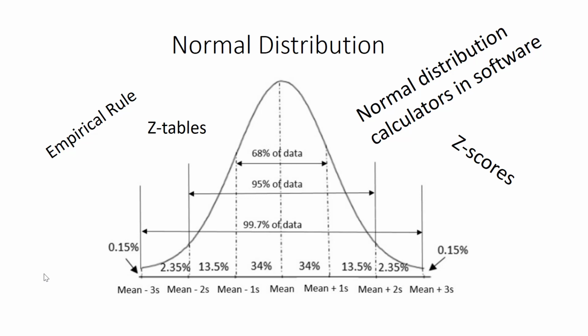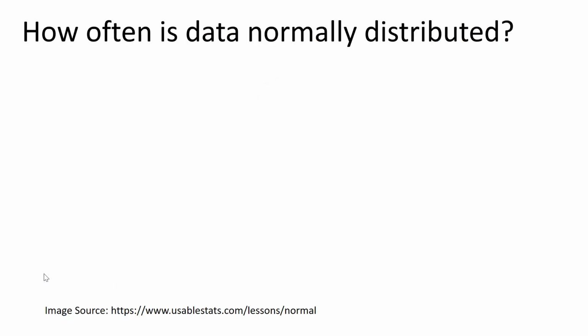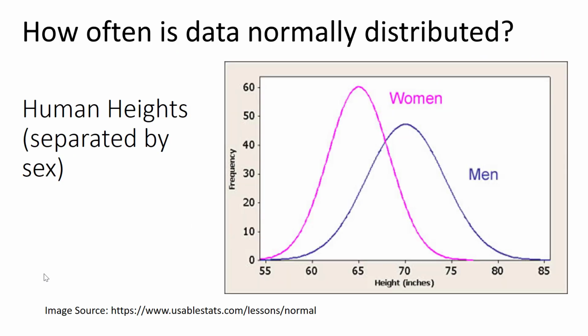But the question on everyone's mind is why? Why are statistics professors so in love with a normal distribution? Why do we spend so much time on this particular model? It's true that some populations are normally distributed just naturally. For example, if I were to graph the height of women, I would get a normal distribution. And if I graph just the heights of human men in the world, I would also get a normal